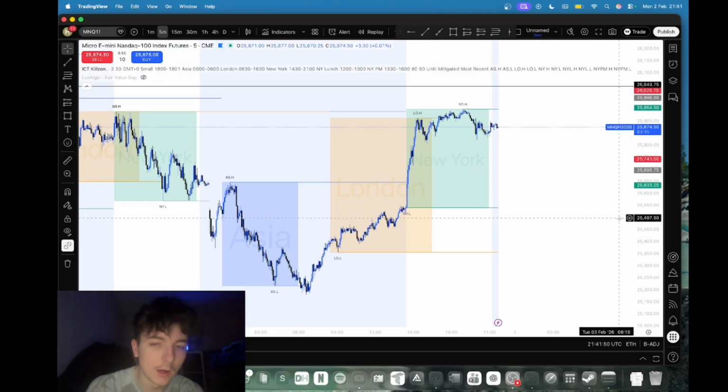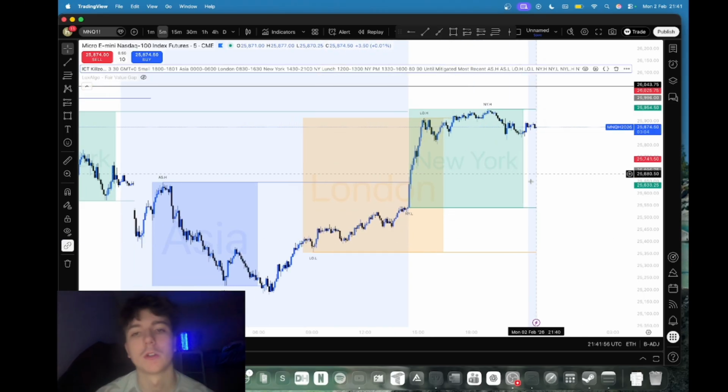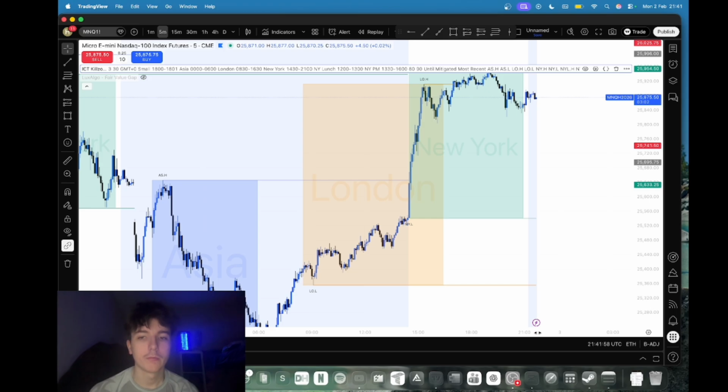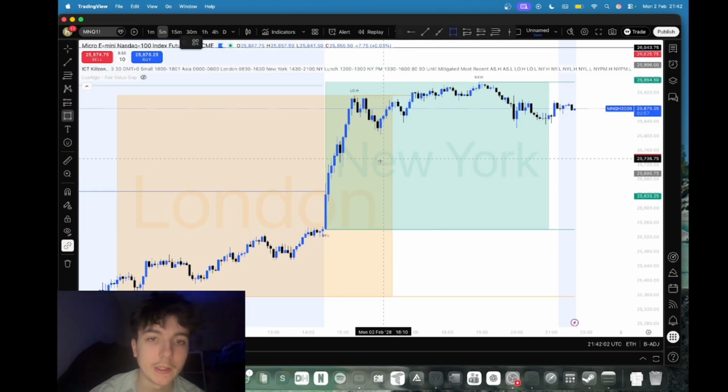Now, it's obviously a lot harder to mark out examples on the chart. There's a lot more things going on. There's a lot of confusion looking at a chart. But if you look at the longer candles, you'll be able to find it easier. So, for example, here, if you look,